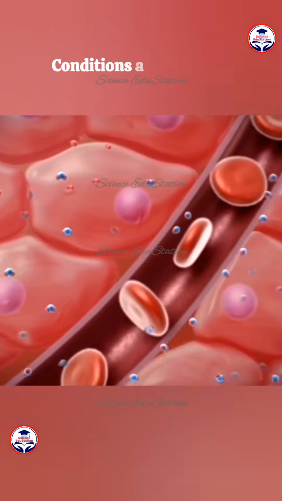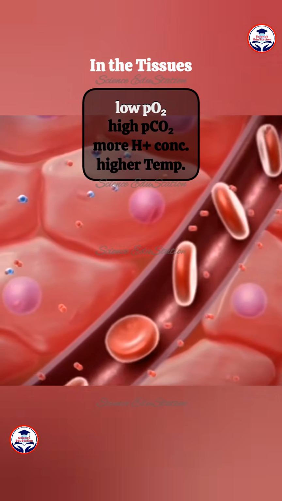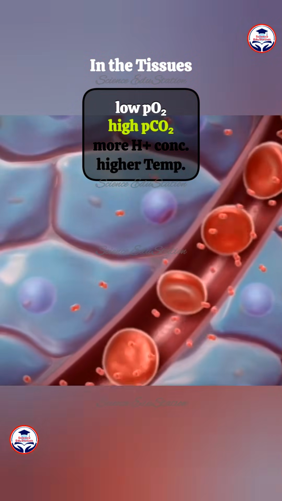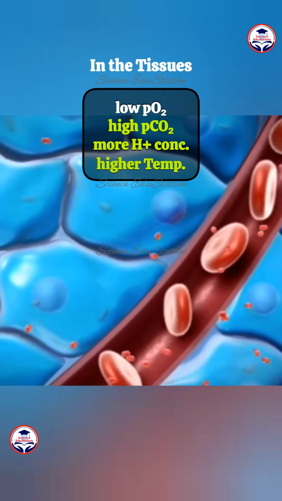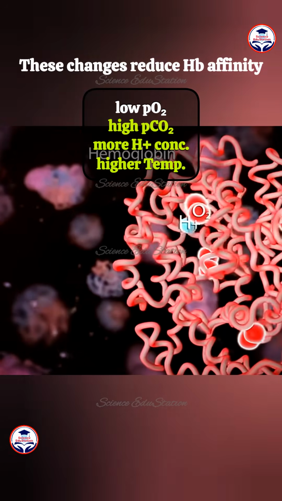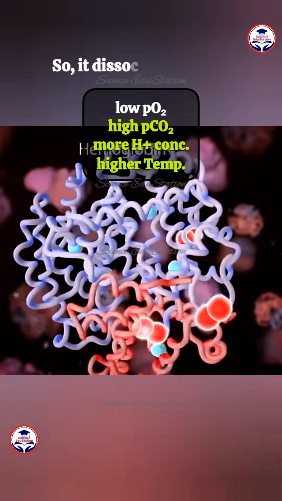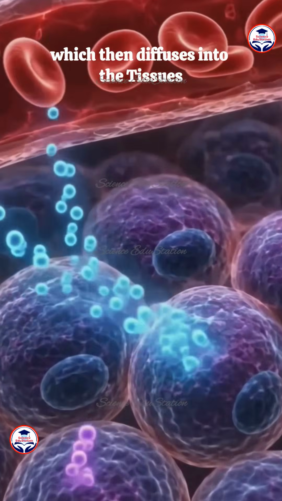In the tissues, the conditions are reversed. Oxygen partial pressure is lower, while CO2 partial pressure, hydrogen ion concentration, and temperature are higher. These changes reduce hemoglobin's affinity for oxygen, so it dissociates oxygen, which then diffuses into the tissues and gets used